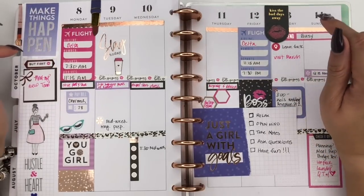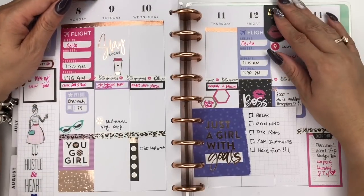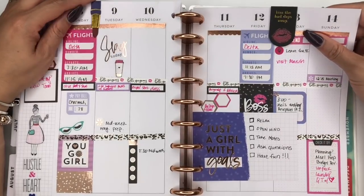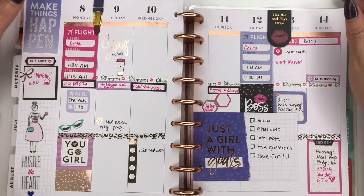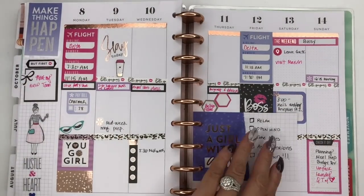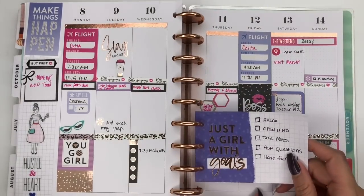But let's jump into this plan with me. Reminder, this is last week's spread, and I'm using these cute little bookmarks from the LOL line, I believe, or Paper Studio. Don't remember, but they're both cute, and they went with my sleigh theme. This week, I am going to have a fall theme. So we will be planning for, oh, look at that cute little